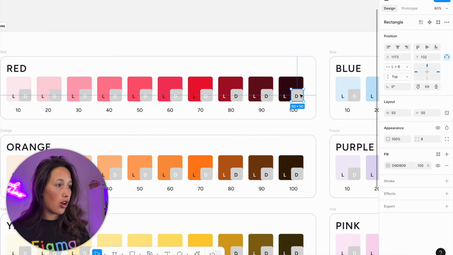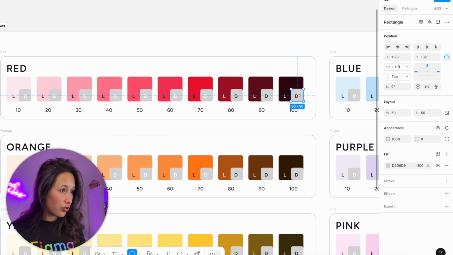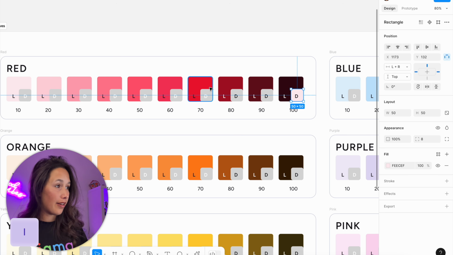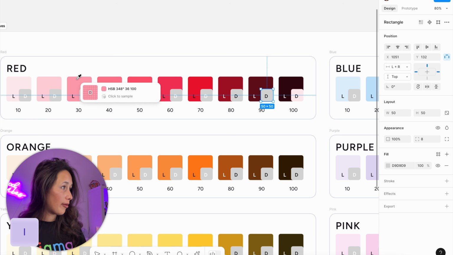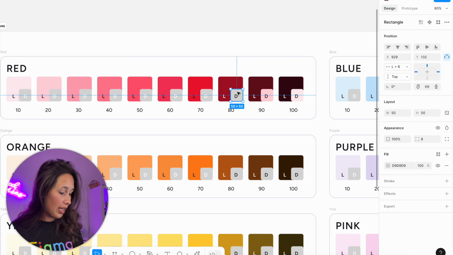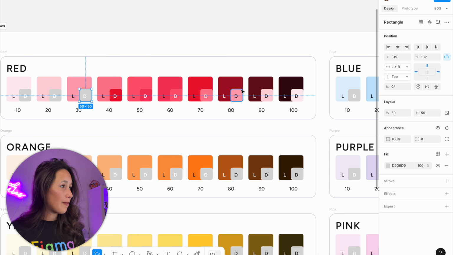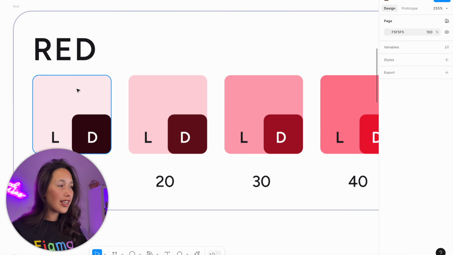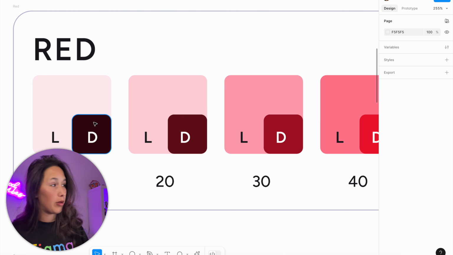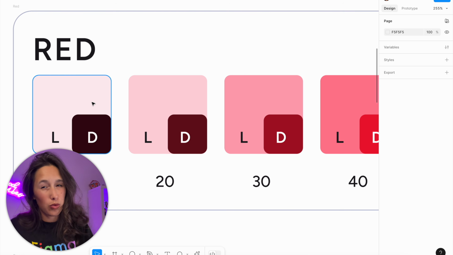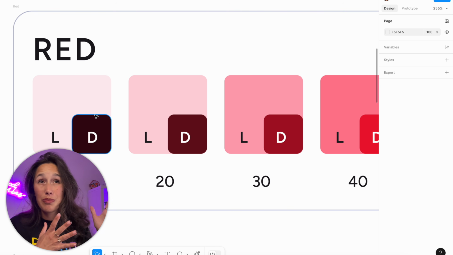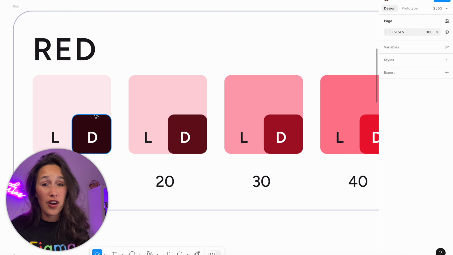So for dark mode 100, I'm going to eyedrop light mode 10. For dark mode 90, I'm going to eyedrop light mode 20. And just keep going with that, and you'll see that you kind of get a nice thing going where it does kind of complement each other, and you can see a world where, let's say I've used this for some sort of text, and then when I swap it, it should probably be this. Or I've used this as a background, so when I swap, it should probably be this. So this pretty much works. Yeah, 95% of the times,